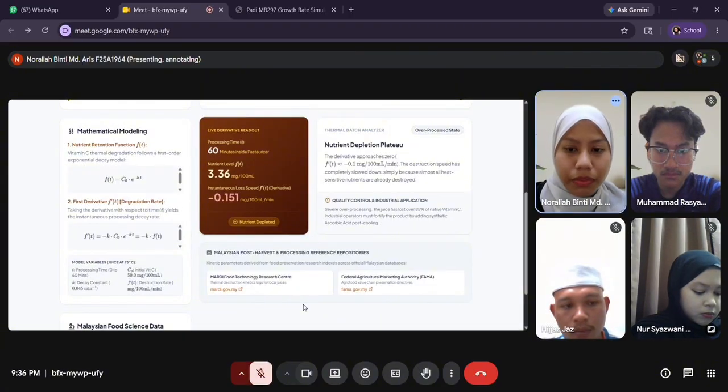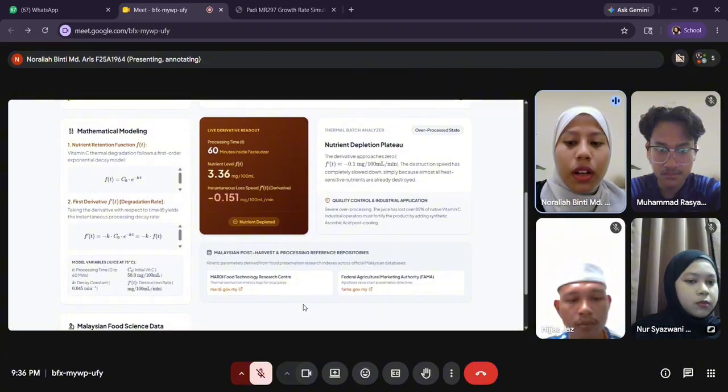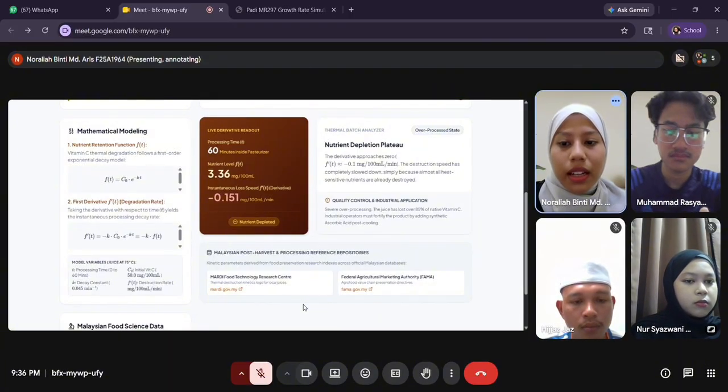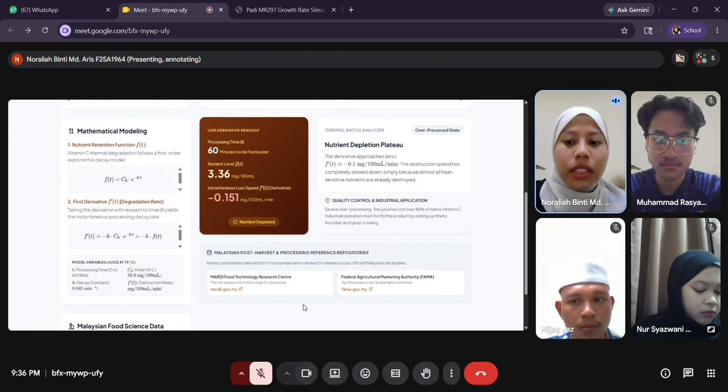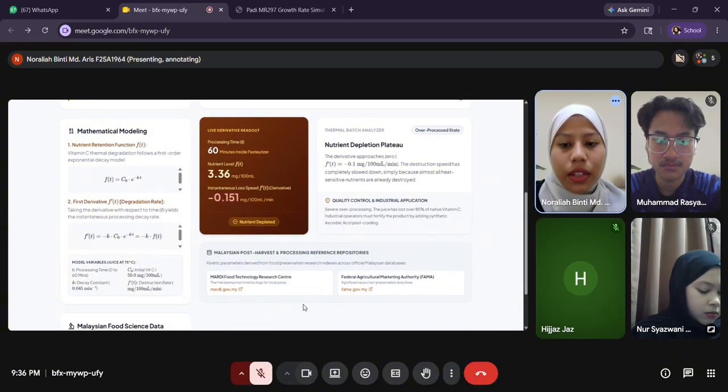So finally, to fulfill the last objective of our presentation flow, I would like to recommend one way to make my current HTML implementation better. Right now, the graph and the live derivative card rely on JavaScript to continuously